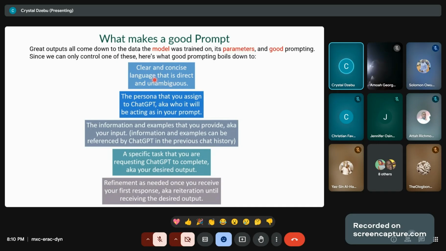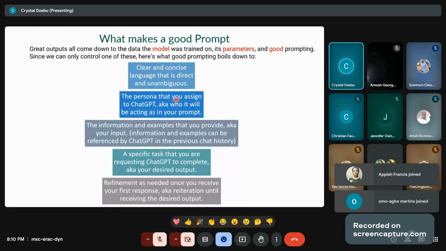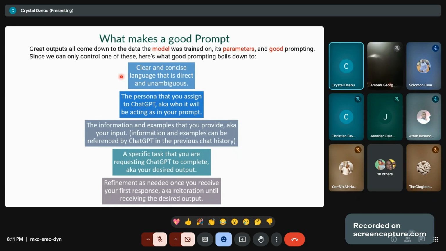So make sure that you have a direct language and then you are unambiguous. Most times too, you have to assign a persona to the AI. I will show you how to do that. Meaning that I told you that generative AI is more or less like a human being, one human being that can do so many things.